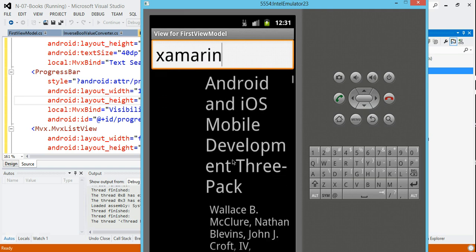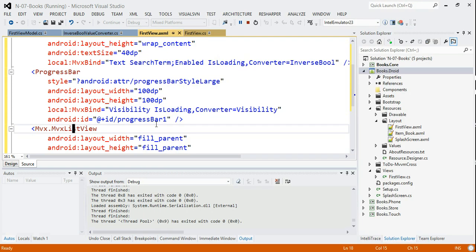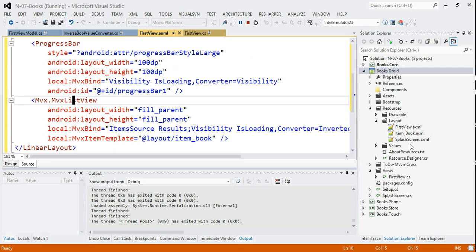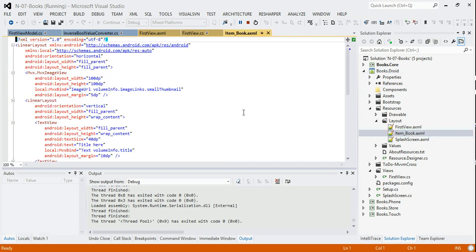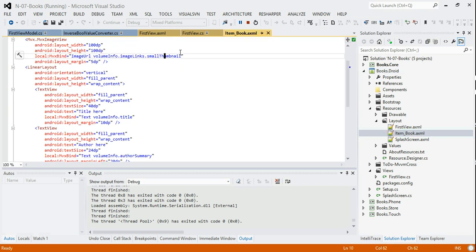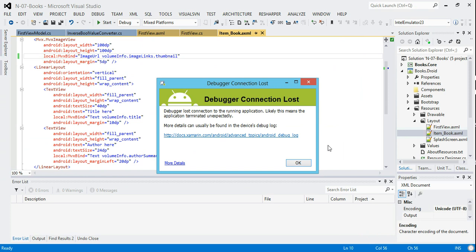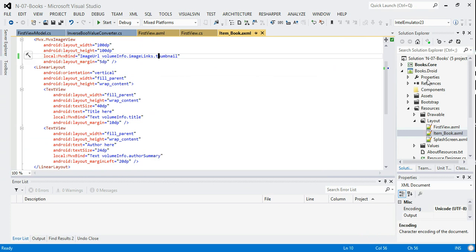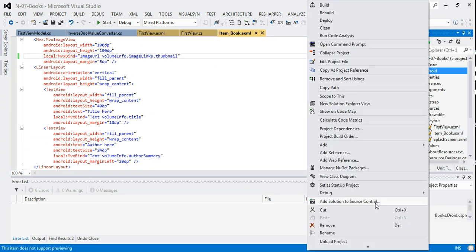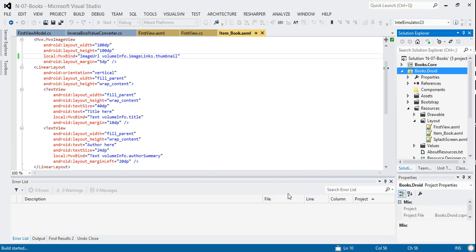I think there's one more thing that I probably should do, which is that my list view itself here is using the small thumbnail, and as we saw on iOS yesterday, we should really just use the thumbnail for that. So that's my last change I'm going to make. Oops, debugger connection lost, but I did hit Shift F5, so that's not too surprising. So if I come back and do debug start again,